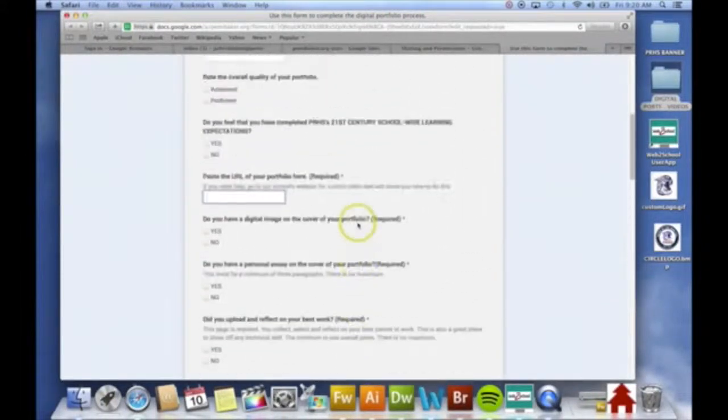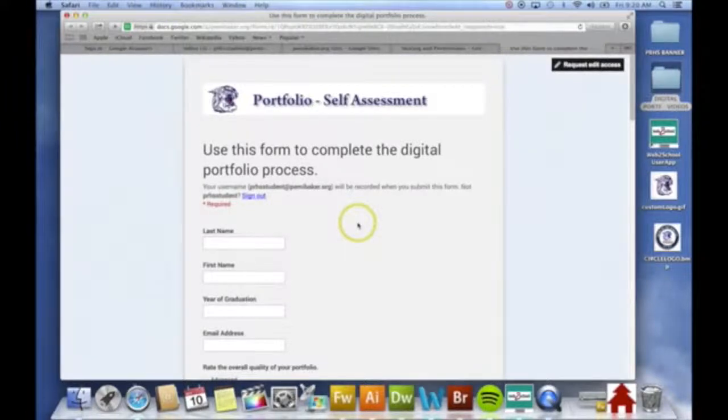So when do you do this? When do you actually use this form? This form is to be used when your portfolio is